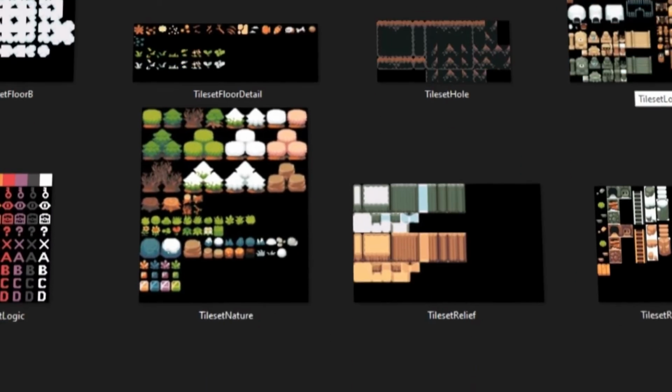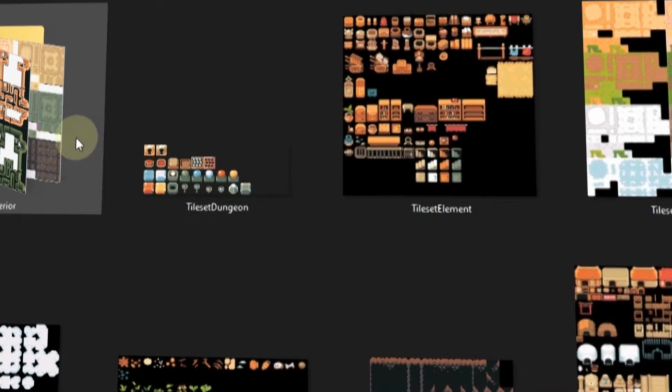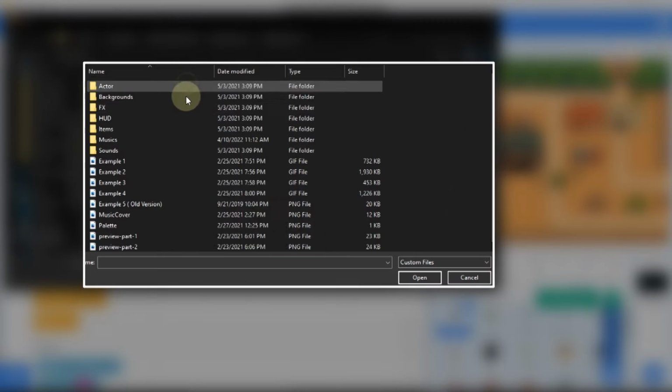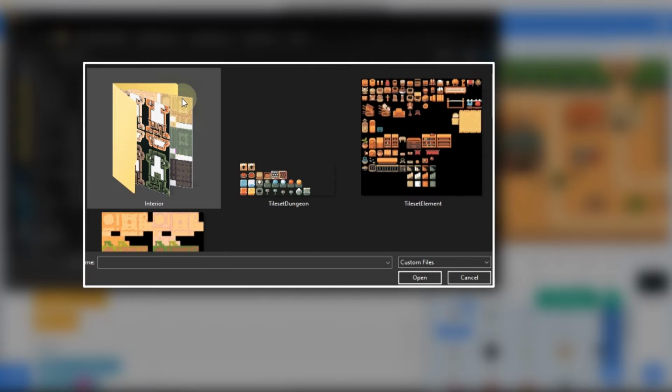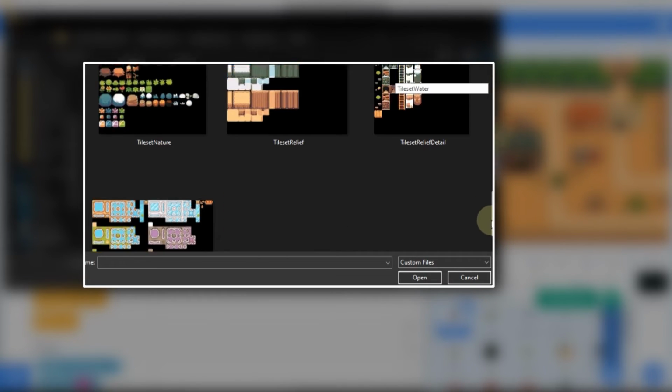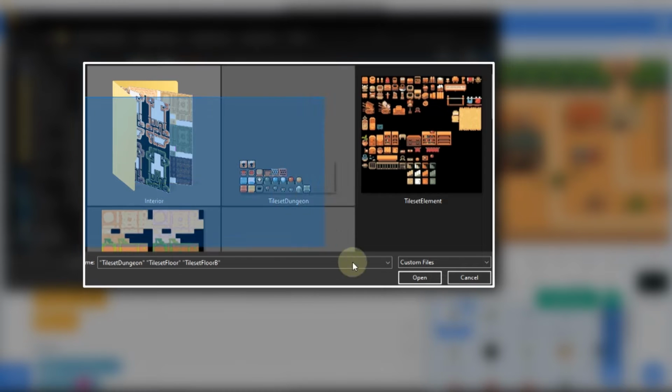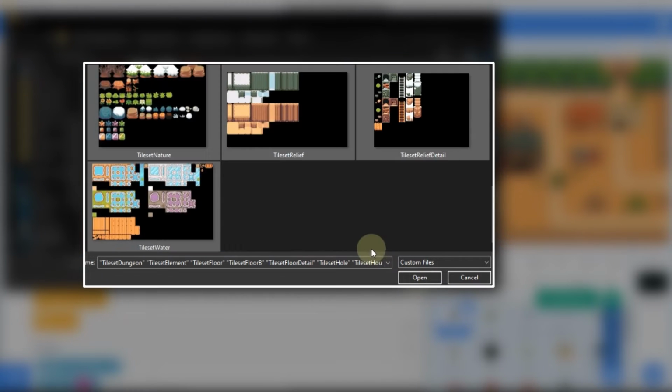We also got some interior tile sets for houses. What you need to do is click on this upload sprite button and then locate your game assets folder, click on backgrounds, tile sets and upload all of these tile sets. You could select all of these or control click and then click on open.